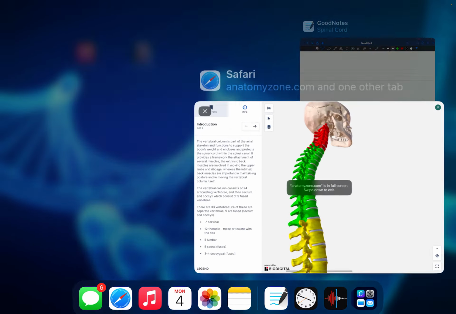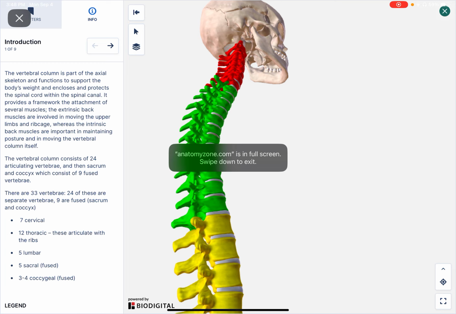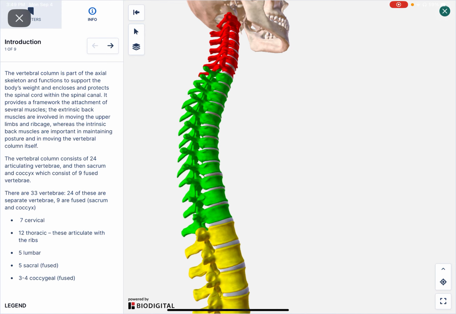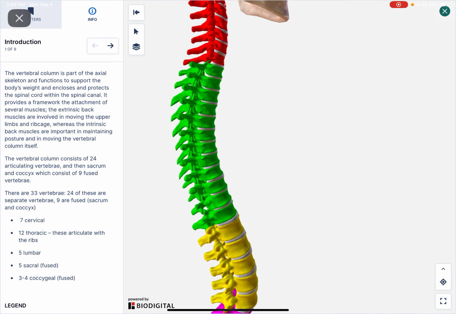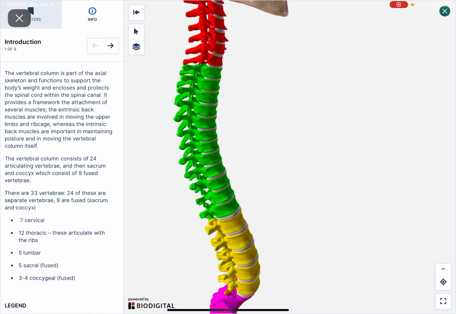All right, let's go back to our 3D model. So I want to talk about where the spinal cord is located. Okay, that's our next question. Where is it located? So the spinal cord begins, as mentioned, in the bottom part of your brainstem, which is called the medulla